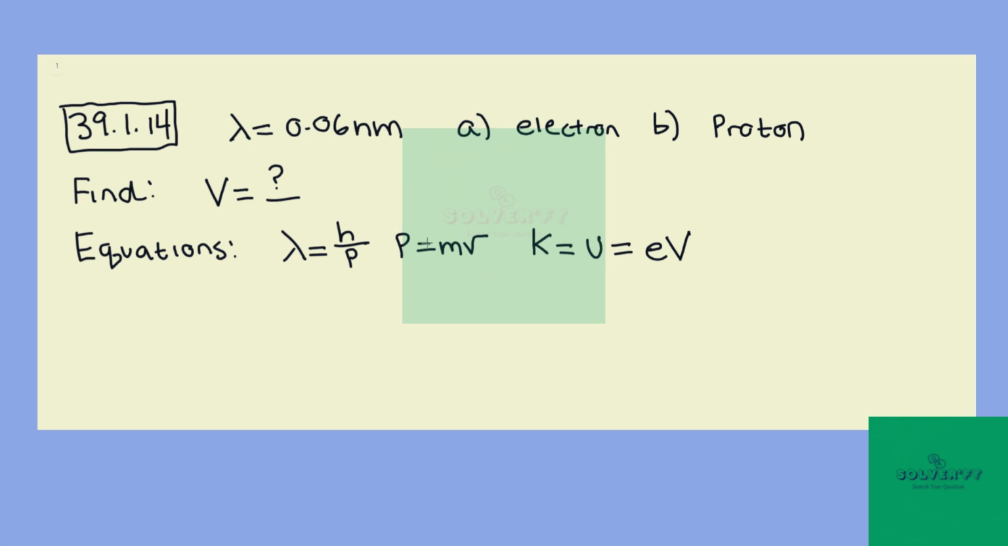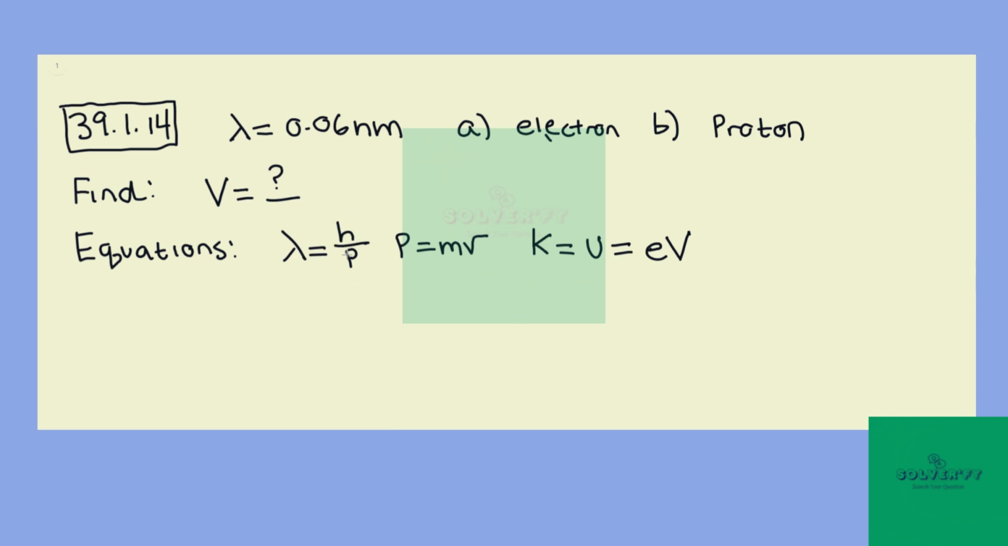Okay, in this problem, we are given electrons and protons with wavelength of 0.06 nanometers, and we're asked to find for both what voltage would be required to accelerate these particles up to a speed in which their wavelength is equal to 0.06 nanometers. So the equations we'll need: the definition of a de Broglie wavelength, which is the Planck constant